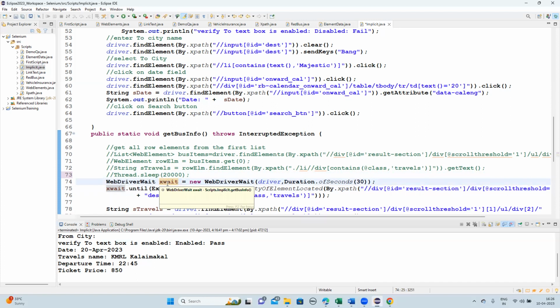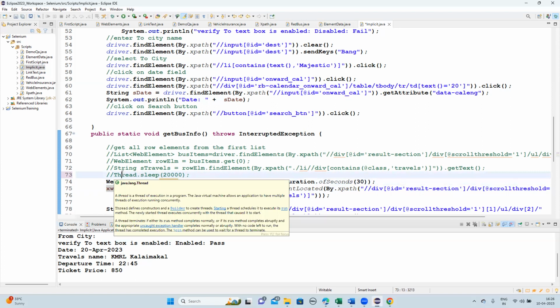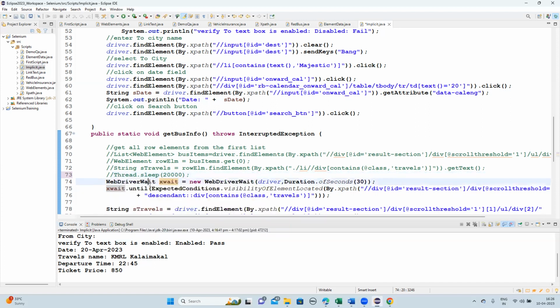So Thread.sleep is a blind wait. It waits blindly for the time you defined. But implicit and explicit waits are intelligent waits. They keep checking for some condition, and whenever that condition is satisfied,